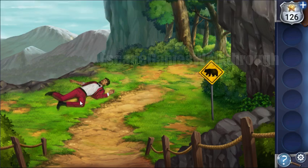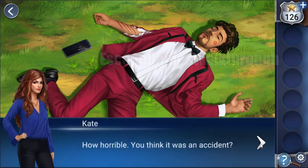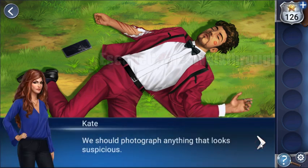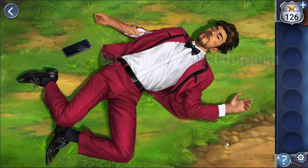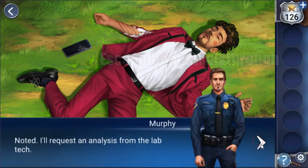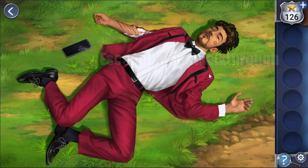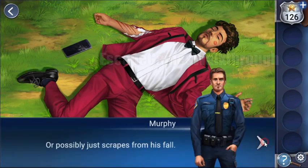Okay, now we can come closer to the body, and we can see he is dead. It was expected, as we played with the gate. So next let's take photos of the strange things. The first is this kind of lace here. Then we have scratches on the arm,